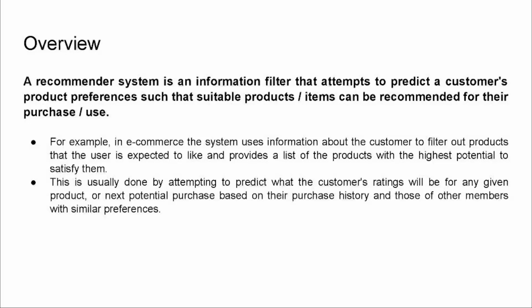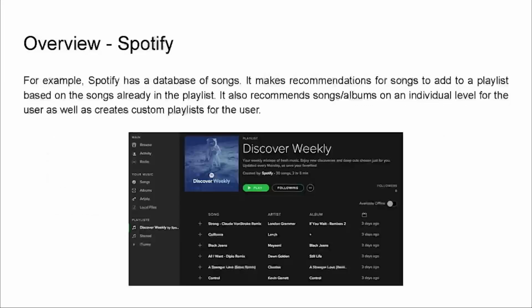This is usually done by attempting to predict what the customer's ratings will be for any given product or next potential purchase based on their purchase history and those of other members with similar preferences. For example, Spotify has a database of songs. It makes recommendations for songs to add to a playlist based on the songs already in the playlist and their similarity. It also recommends songs and albums to individual users, as well as creates custom playlists for the users based